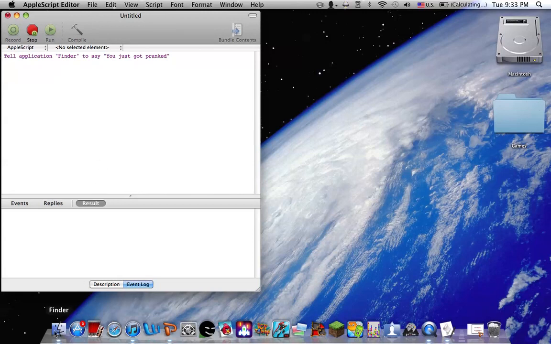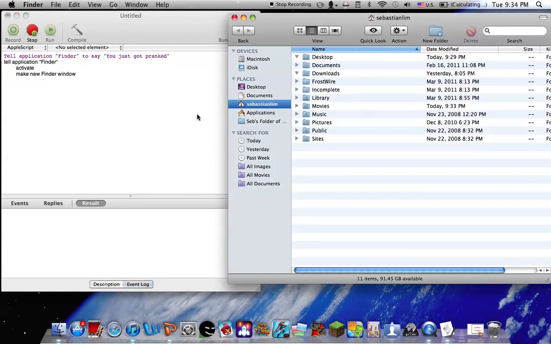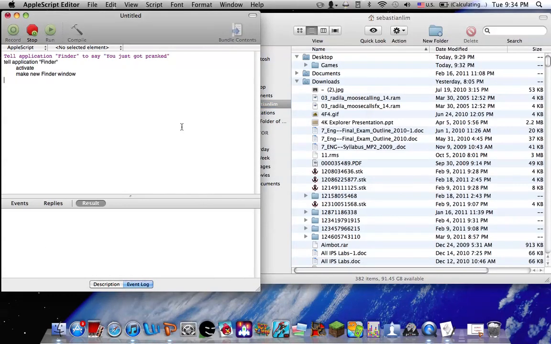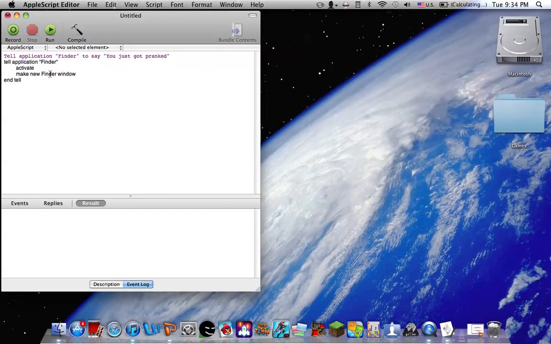And you want to go down to your Finder icon, right click it, and click New Finder Window. And this should pop up, and make sure you don't delete this, and you want to click stop. And once it says Intel, you can delete this, and you want to type in "repeat" and how many number of